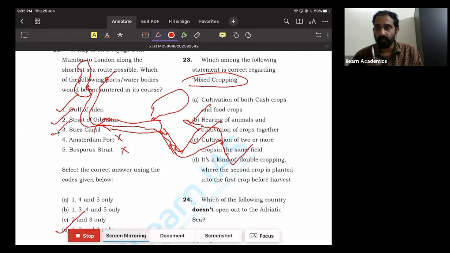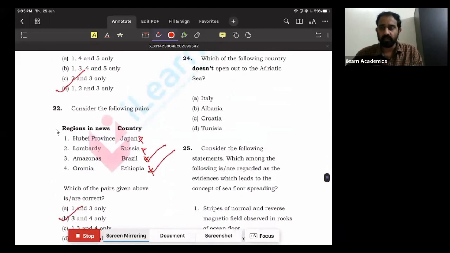You should be very clear about what is intensive agriculture, what is extensive agriculture, what is viticulture, what is truck farming, what is pisciculture. So all these terms related to agriculture and the economics should be very much clear. Okay. So UPSC, if at all, is going to ask from human geography, probably they will be going to ask from this region. That is about the economic related region, about agriculture, about industries, about resources, etc.